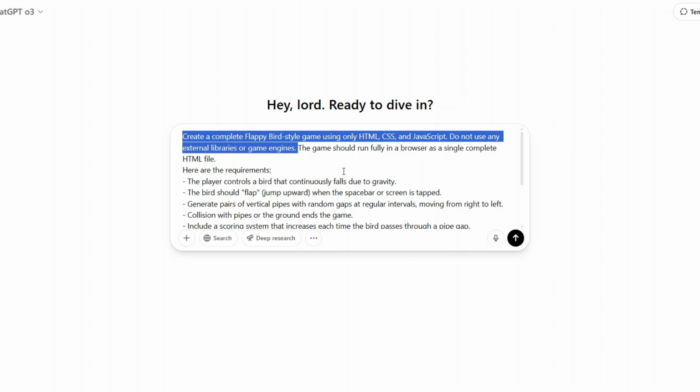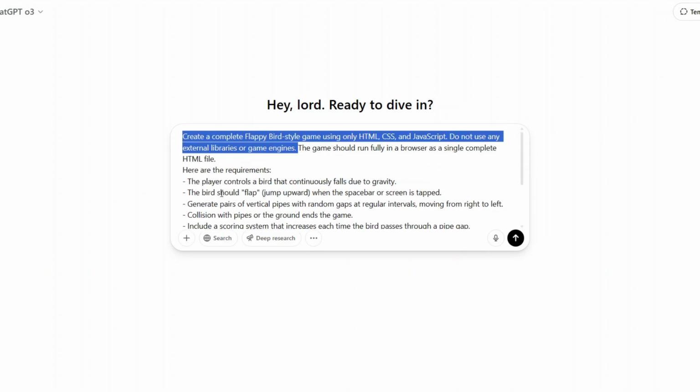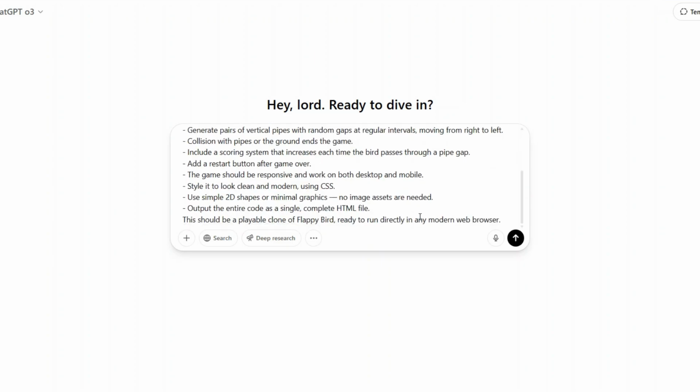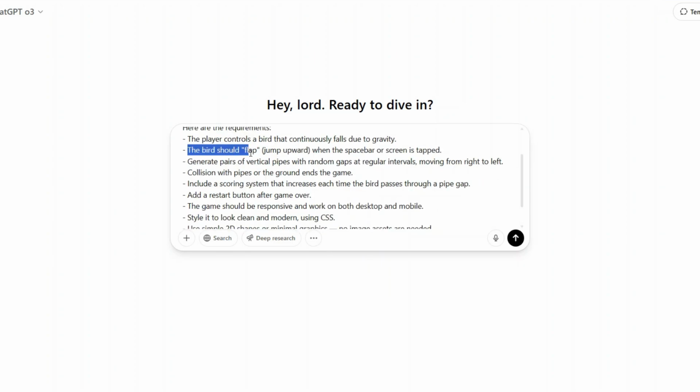No external libraries, no game engines. This is as bare bones as it gets, and that's intentional because real tests should happen under real world limitations. The first part of the prompt is really important because it essentially means the game should run directly in the user's browser. I've also mentioned the controls, like the bird should jump upward when the spacebar is pressed or when